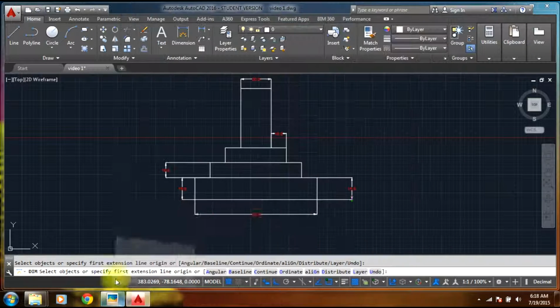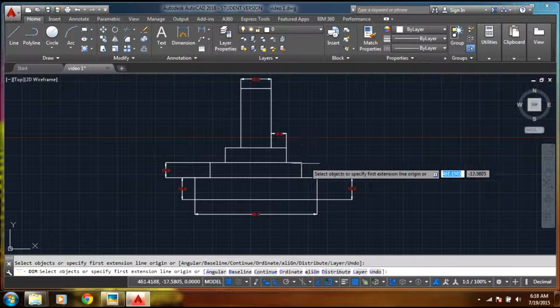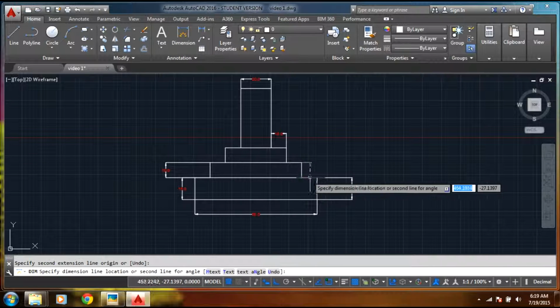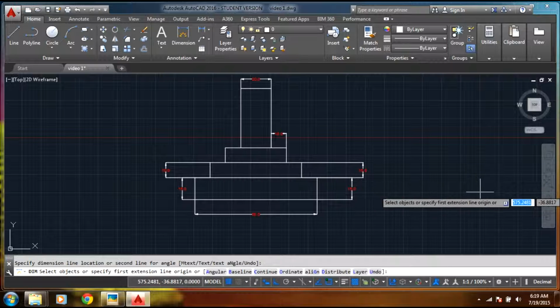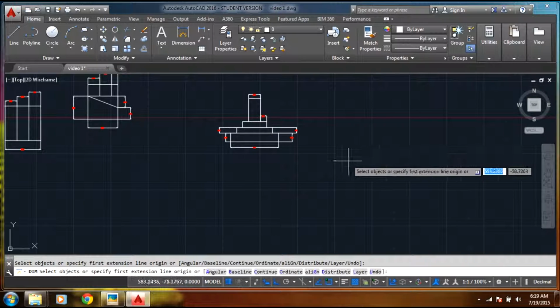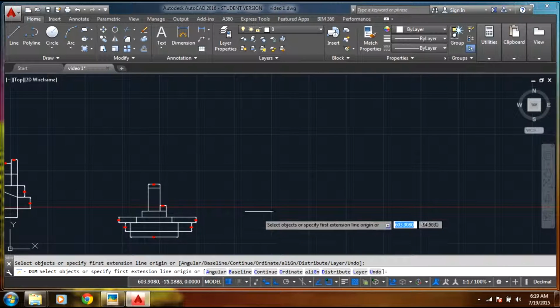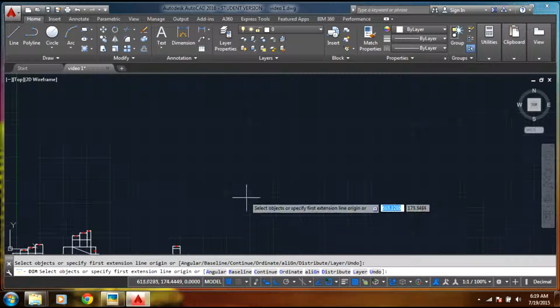What do we have more? We have one more 10. Here you go, 10 over here. In this way dimensions are done. Now moving on to the next figure,